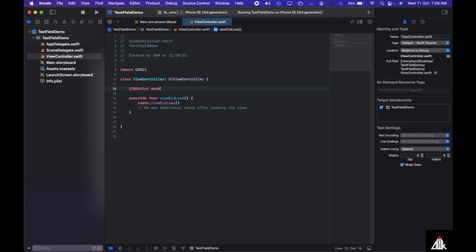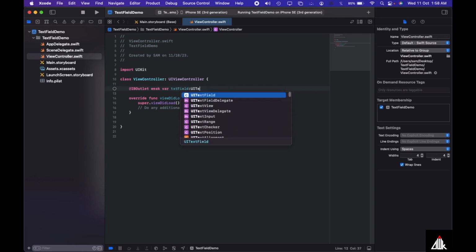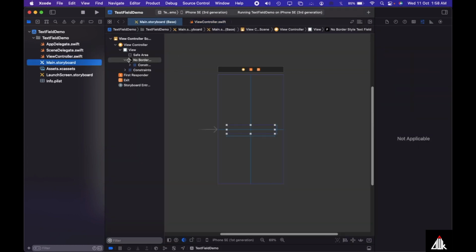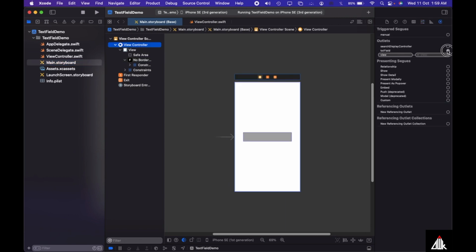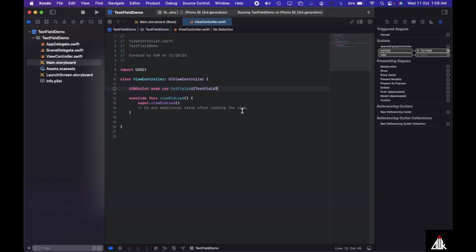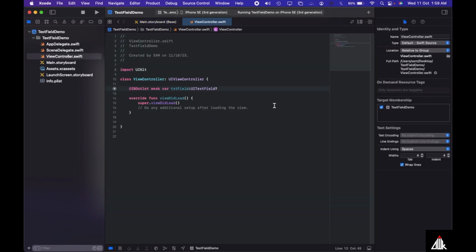IBOutlet, a text field. Over here you already know the text field appeared over here. Just simply drag and connect the text field, and that's it. Our text field connection is established. Now what we can do, we can provide the text field keyboard type from here,